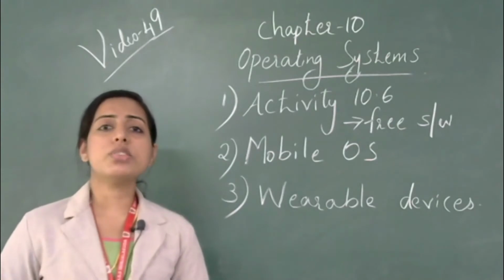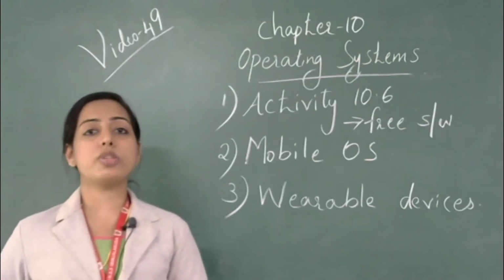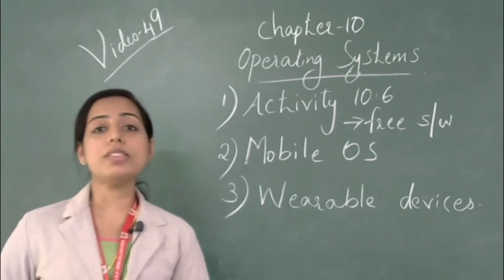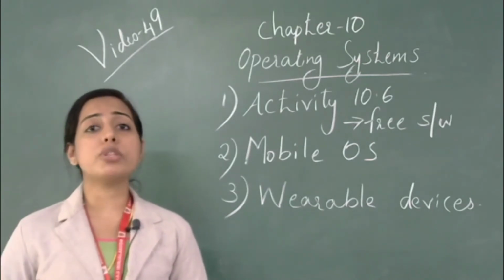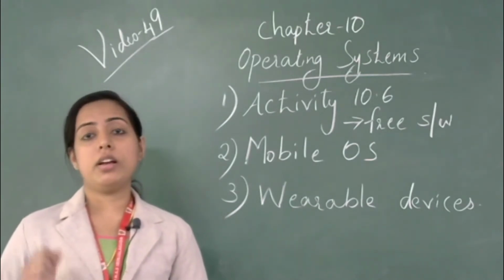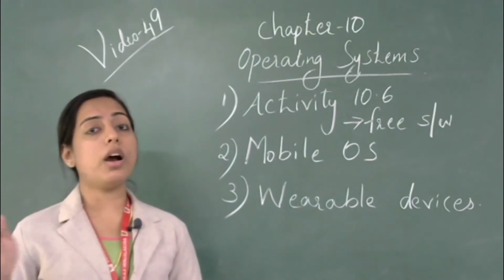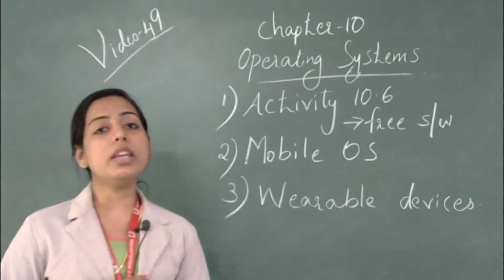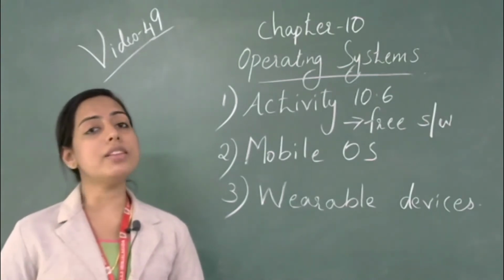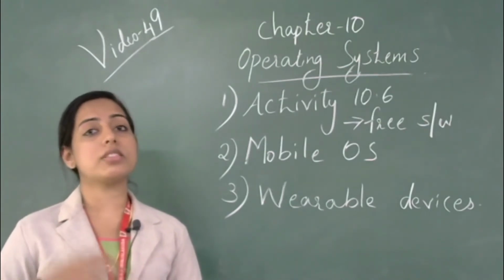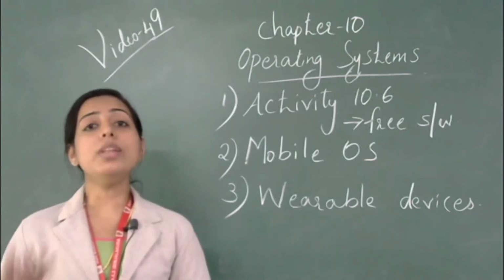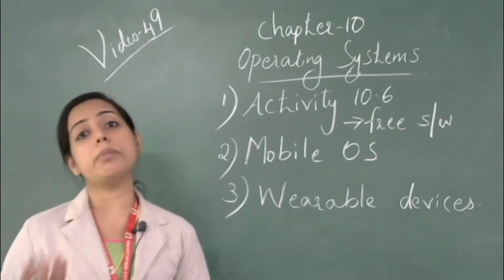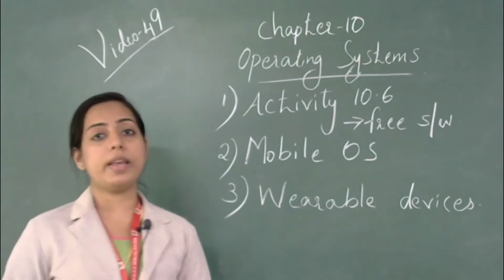So you have understood what we mean by free software and proprietary software. How does a software become free? Can you think about how a software becomes free software? For example, I have mentioned that GNU Linux is free software, and the Android operating system is free software. How does that operating system become free software?